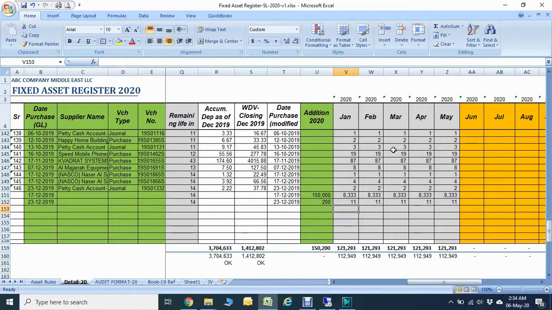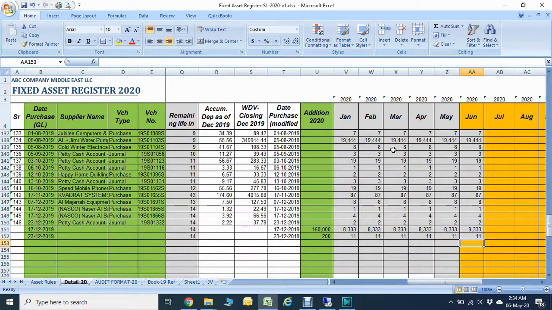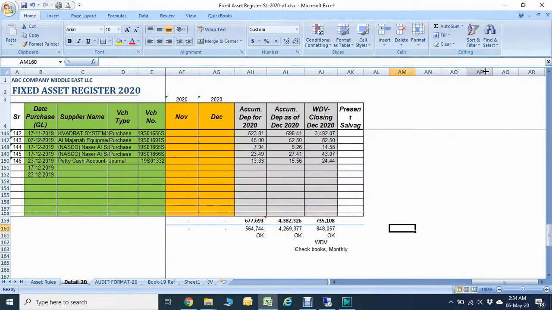We are going here. This depreciation cost comes automatically here. January month, we already had some, and now it is added for the current month. Some January information we didn't update before also, so you can use this one. Like this, you can copy only a single cell and press Control Shift F, put it for full, then it will become a complete calculation like this. So if you see here, like this. Okay, all right, that's all.